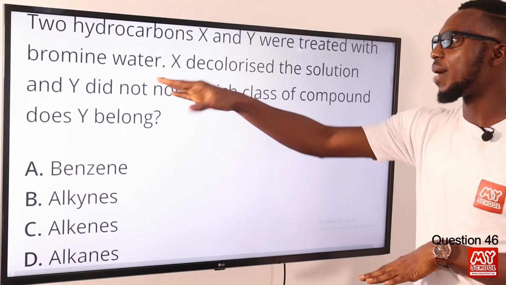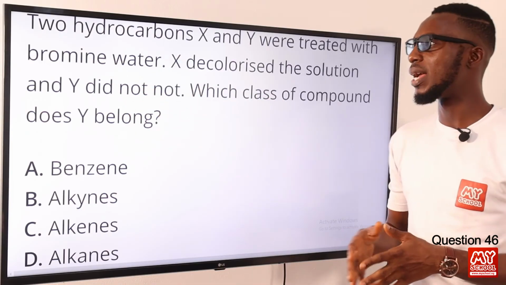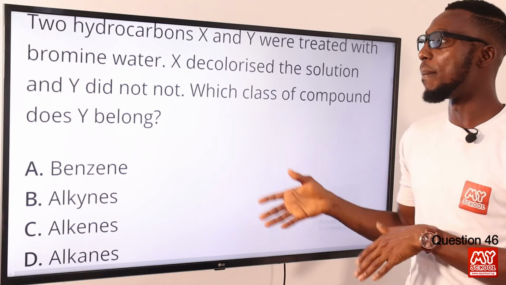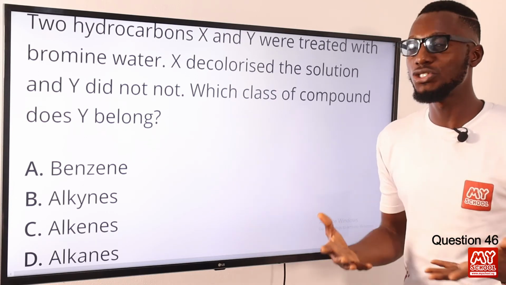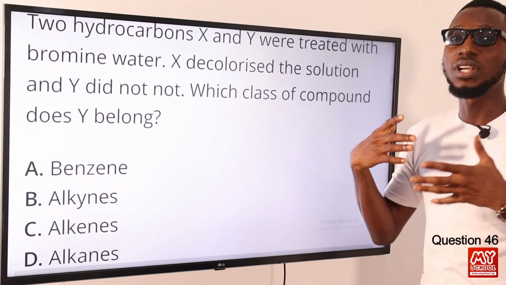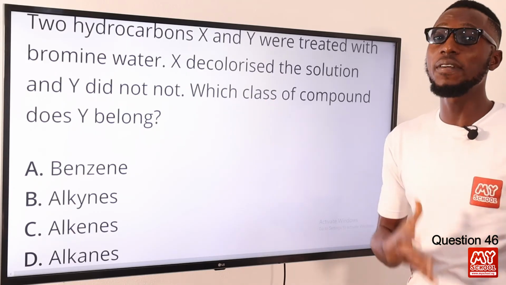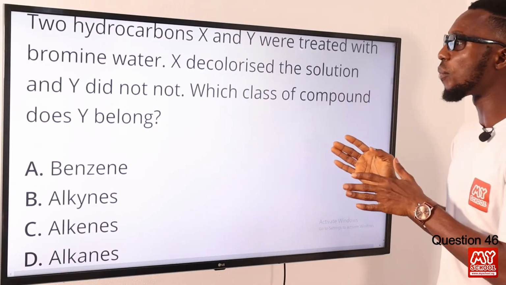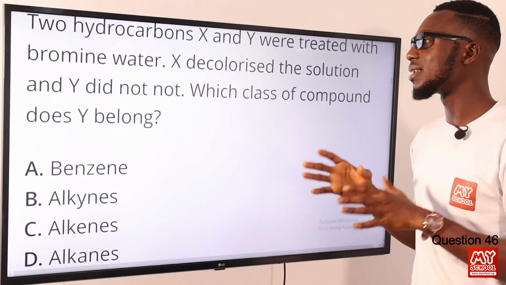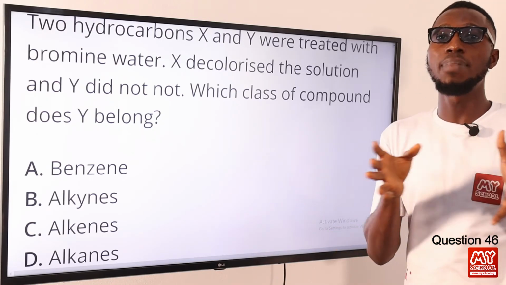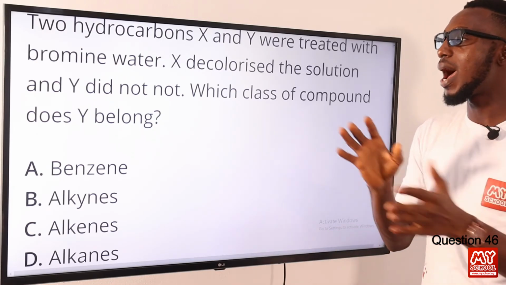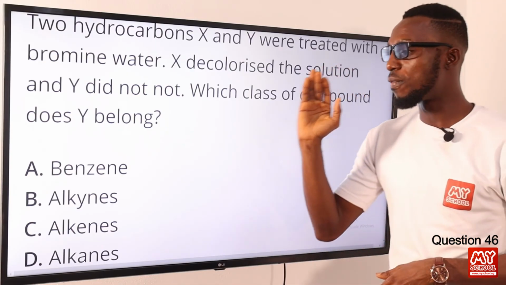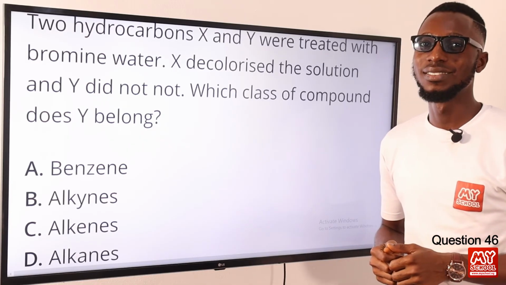because alkenes decolorize bromine water. Even when you try to brominate ethane using bromine, you still get a decolorization. So even when you are using bromine water, you are still going to get a decolorization. At first, let's establish that X is an alkene, but we are asked to identify Y. I can see this test as a setup to distinguish between the paraffins, that is the alkanes, and the alkenes. So definitely Y should belong to the class of option D, alkanes.